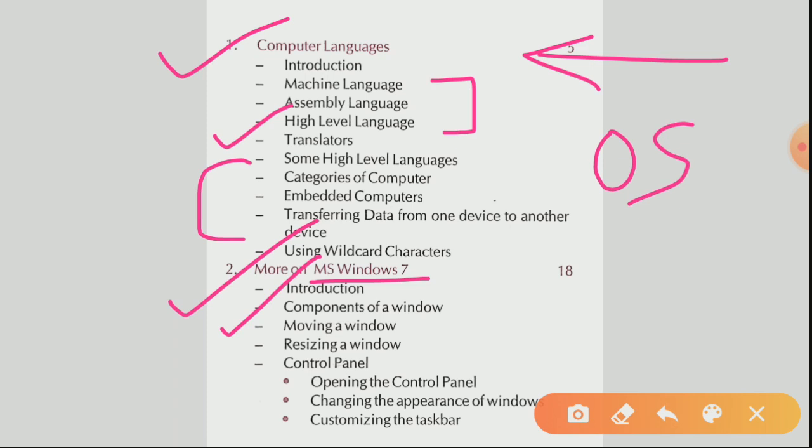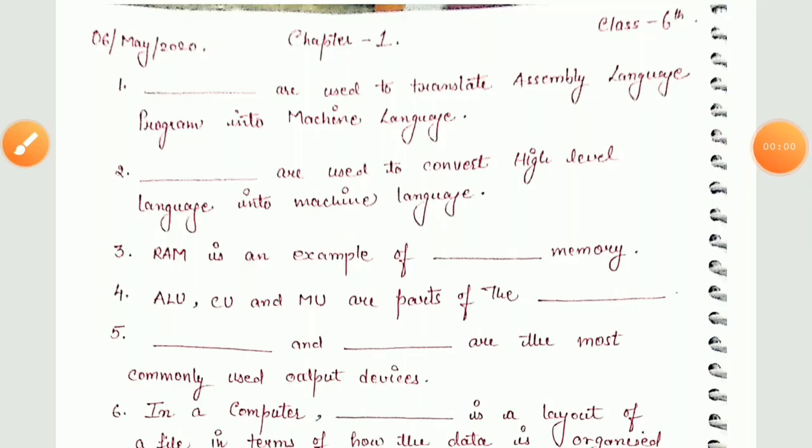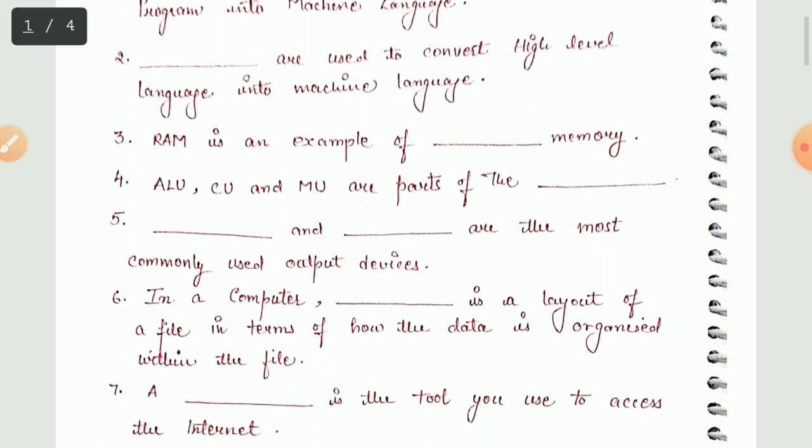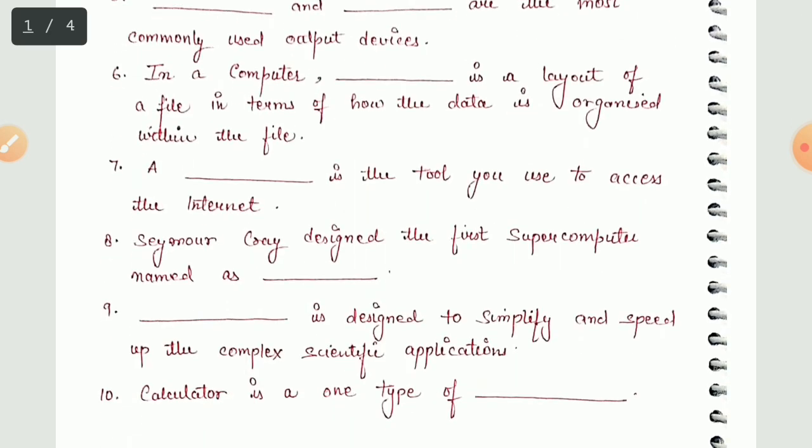But before that, please hold on this screen. Pause this screen and write down these fill in the blanks in your copy. Now here students, please hit the pause button and try to write down these questions in your copy. Firstly, complete the exercise portion and then afterwards put the heading revision questions, chapter number 1, and then write down these questions. In total, we have 10 questions. I hope these are clear to you.